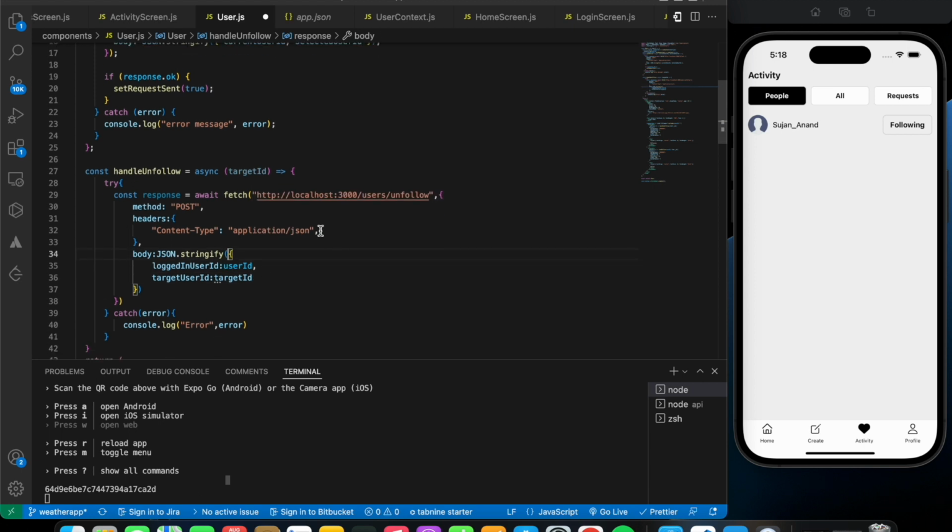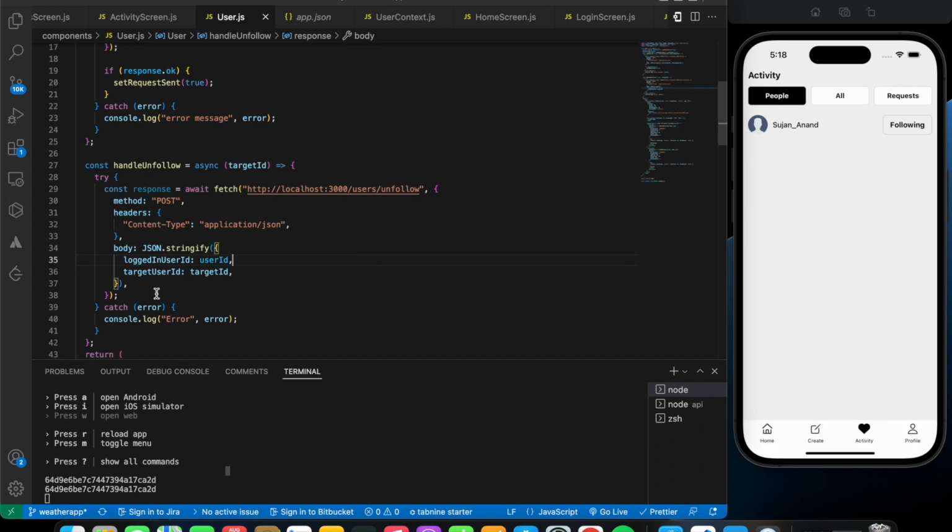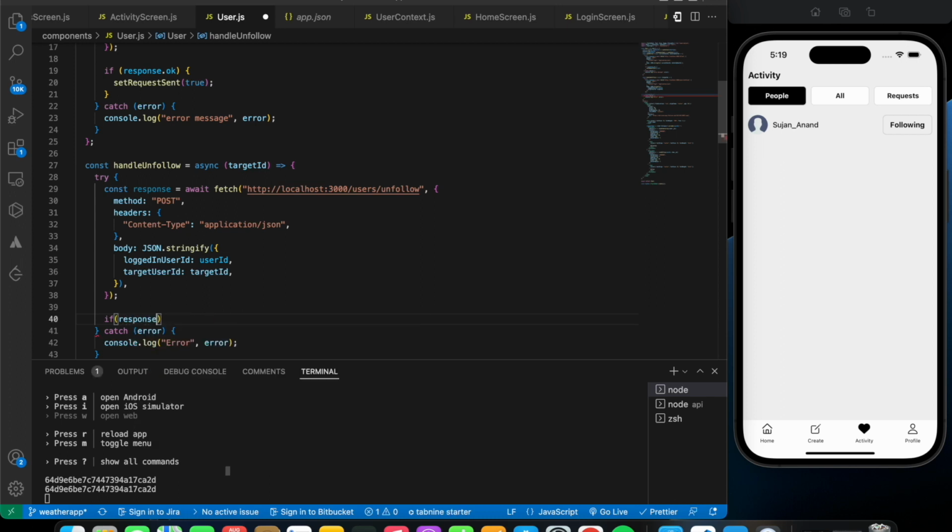Yes, that's it. So target ID, it should work properly. Save the file. Now if the response is okay, if response.ok,